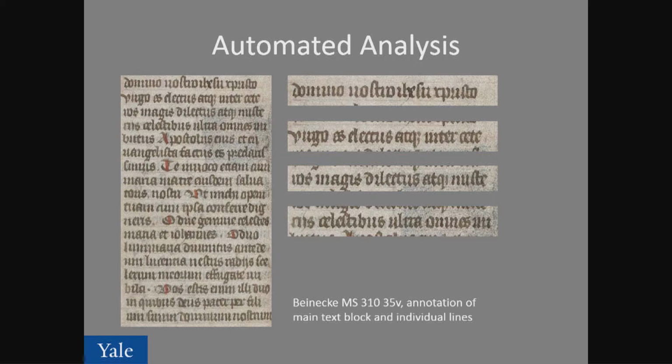And the computer science folks have a less visually interesting output. But what they've done here with their algorithm is they've actually identified the main text block out of a page, and their algorithm can do this regardless of whether the page is devoid of decoration or has very highly decorated borders, and then has determined the line height of each line and gone through and drawn bounding boxes around each line. This is a precursor to further work they've done, which is, of course, determining where there are images or non-text content within the text body.